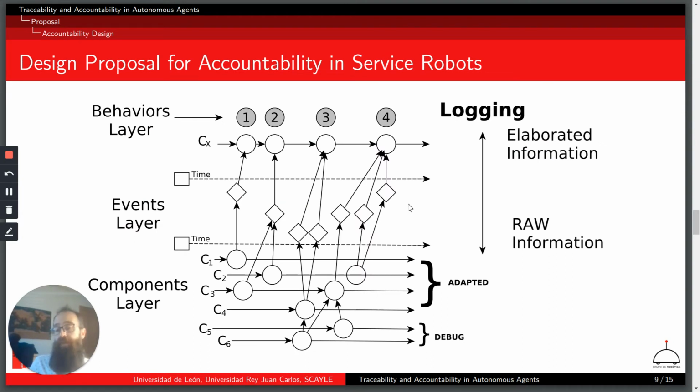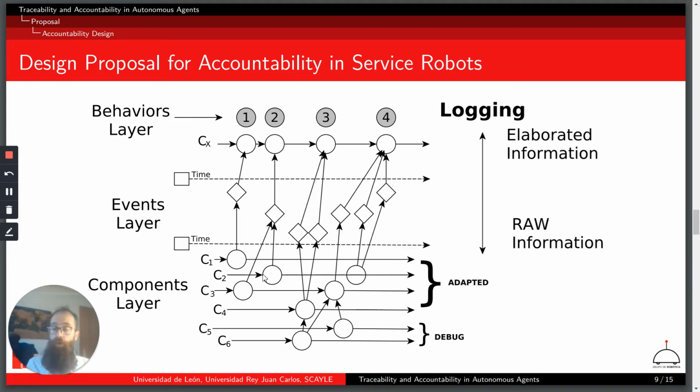Again, a graphical approach just to see what is happening or what we want to mean with our explanation. It means that when we are generating a robot behavior, these are one behavior, two behaviors, three behaviors, the fourth behavior. So these behaviors are concatenated, of course. It means that the robot is doing one task, another task, so on. But what we have here is a set of events that are triggered after different component layers were obtaining different information from actuators and sensors.